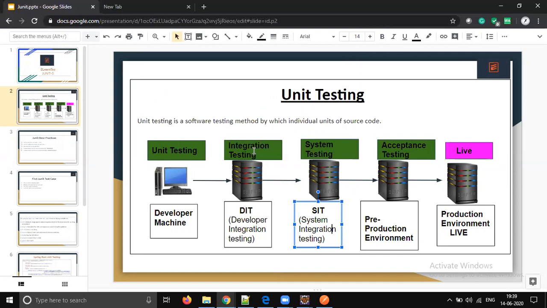So this is the usual template, but some companies may have a different architecture. Some companies may have pre-production and some may not. Some companies may have different environments. Production also is not always a direct production; they may put it in a blue-green architecture. It may not be the same everywhere, but what I'm showing here is a generalized concept. So unit testing, DIT integration testing, and SIT, QA. Up to that point, most companies will have the same architecture. So what we should do as a developer when we write the code?